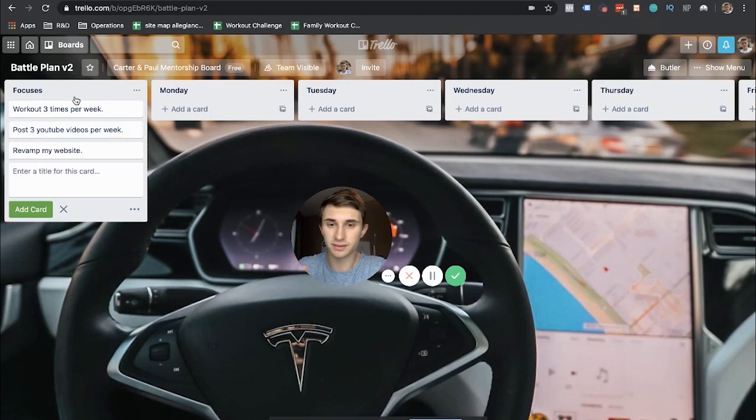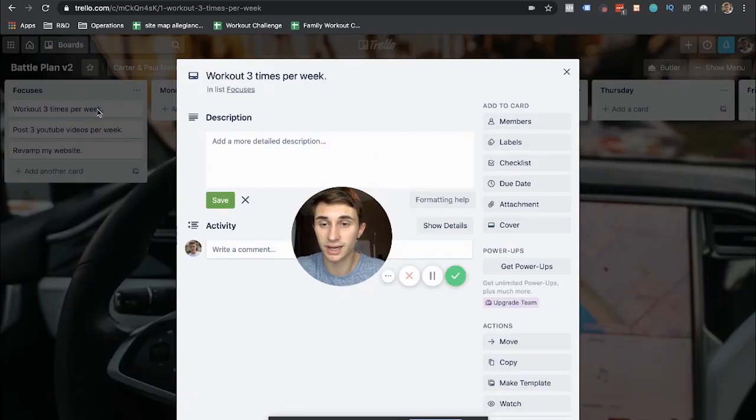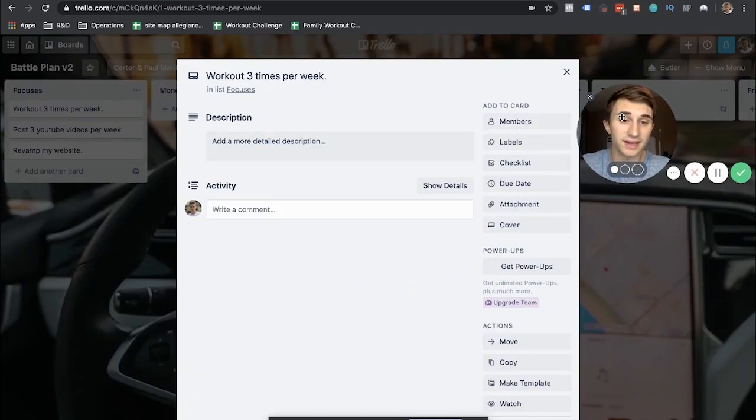Trello is kind of for people that just care about how it looks more, I think. That's my opinion. But they do stand their ground in their cards here. So when you click on a card, you can actually add so many different things in here. And they even have power-ups. If you get the pro version of Trello, you can add different power-ups, which are basically like apps that go over top of Trello.